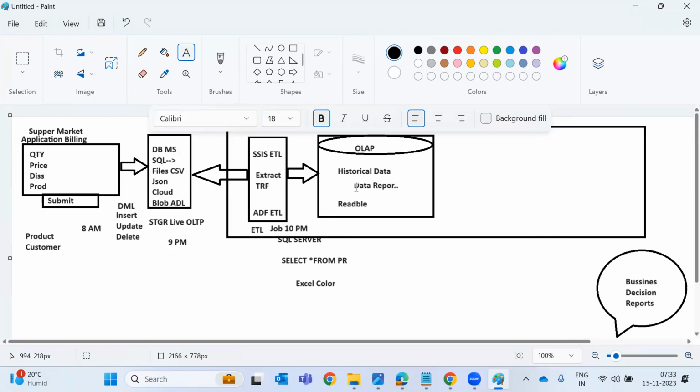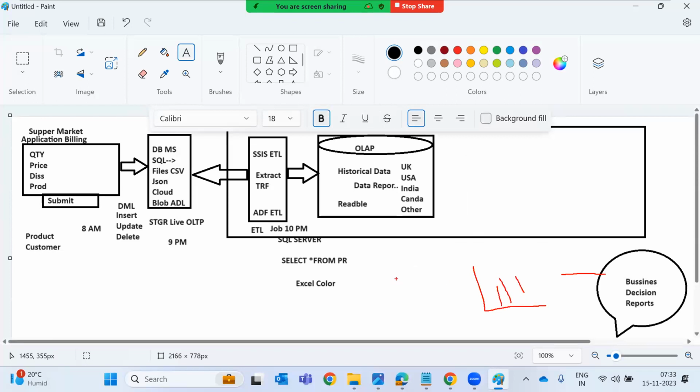Let's suppose you are working on data for some country region, and this data warehouse contains all countries' data: UK, USA, India, Canada, and some other countries. This is a centralized system. Business people always work on high-level reporting. They never see which customer purchased what product. They always see high-level information. High level means country-wise data,